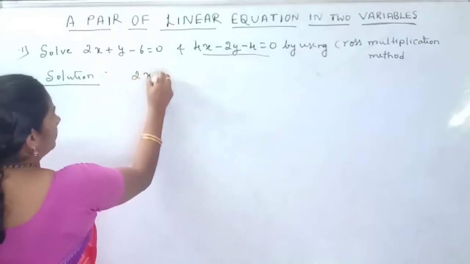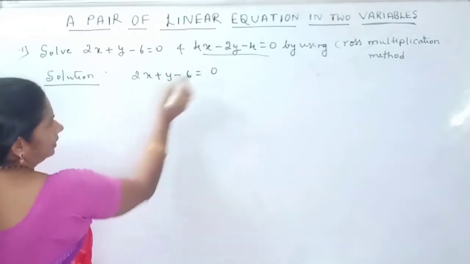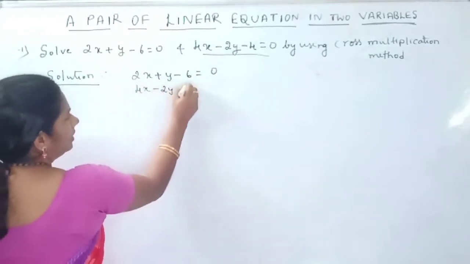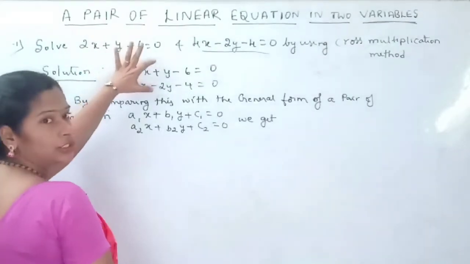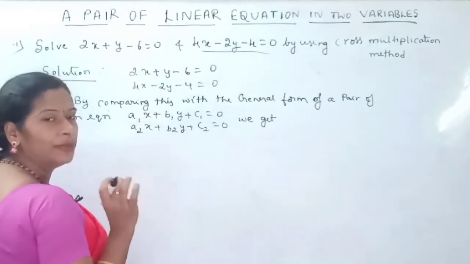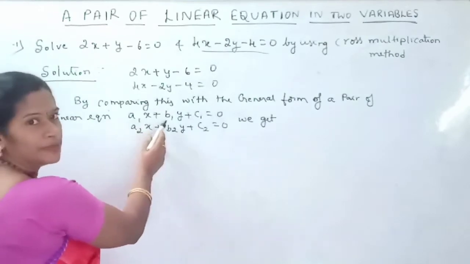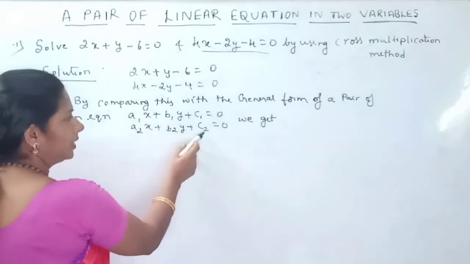One is 2x plus y minus 6 equal to 0 and one more linear equation, it is 4x minus 2y minus 4 equal to 0. By comparing this pair of linear equations with the standard form or general form of a pair of linear equations in two variables, that is a1x plus b1y plus c1 equal to 0 and a2x plus b2y plus c2 equal to 0,